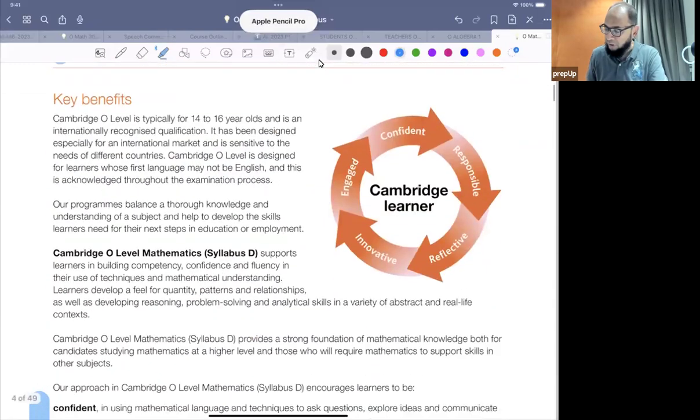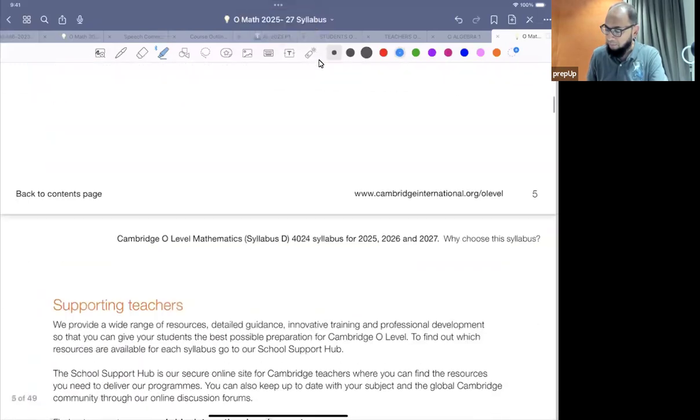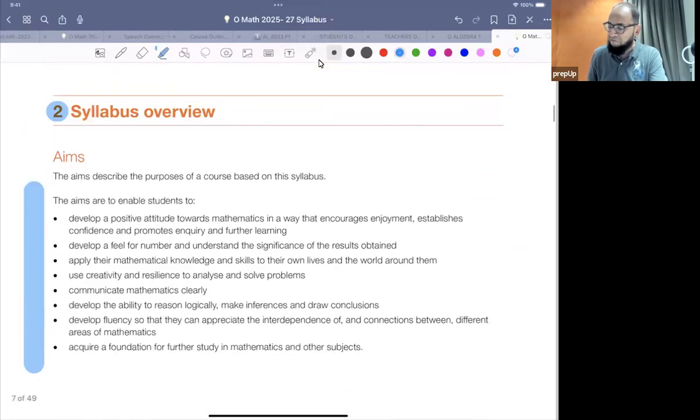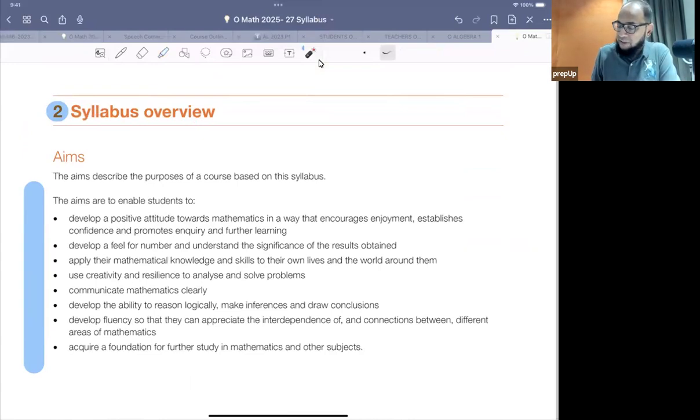And first of all, if we look at the syllabus overview, I hope you can all hear me clearly. The aims are to enable students to develop a positive attitude towards math in such a way that encourages enjoyment, establishes confidence, and promotes inquiry and further learning. So one of the key aims is that you get comfortable with maths. You understand math very, very well, and you use it for further